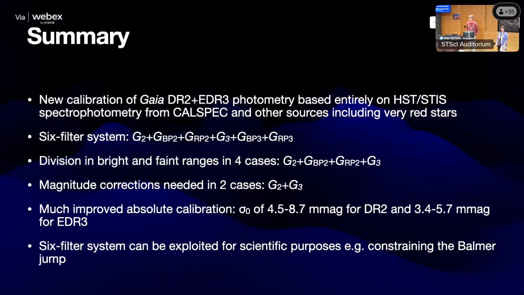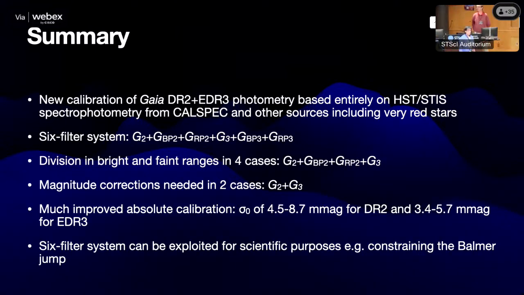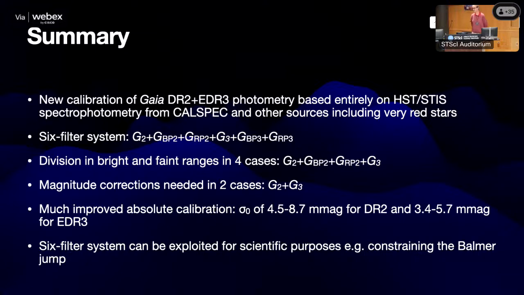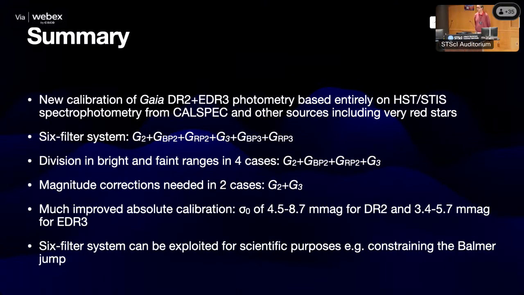Carlos? Can you use the same methodology to recover the response function for the XP, for the spectrophotometry from Gaia? That is a very different problem, as Michael was explaining in the previous talk. It's related, but slightly different. The math behind it is similar, but it's not exactly the same. So you have a sensitivity problem, which is the same one, but you have the problem with the line spread function, which is what Michael was saying before.